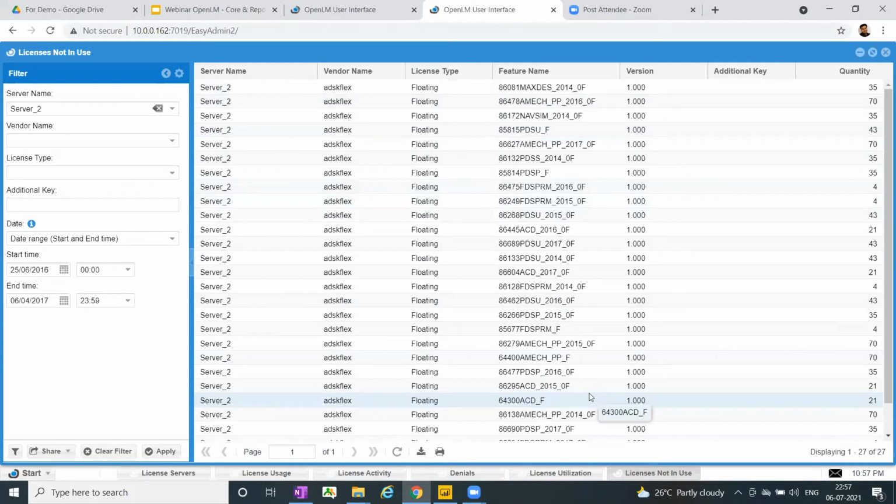I can negotiate with the software vendor that I don't need these many licenses. That way you get a very good report with detailed information, which will help you optimize the licenses.